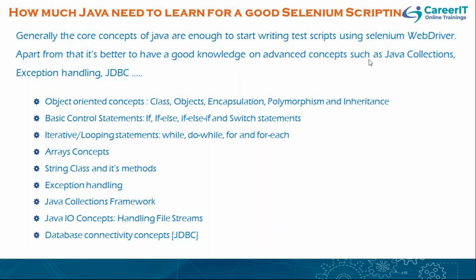Okay, if you are good at these 7 to 8 topics in core Java, those are enough, guys. You don't need to worry about other topics of Java, because Java is not a single simple thing, guys. It's a vast topic. It will take almost 6 to 8 months to learn the entire Java ideally. But for our Selenium test automation, we don't need to worry. We require only the basic core Java concepts.